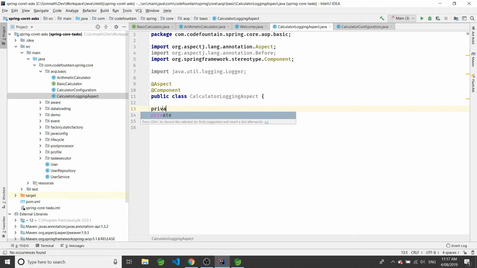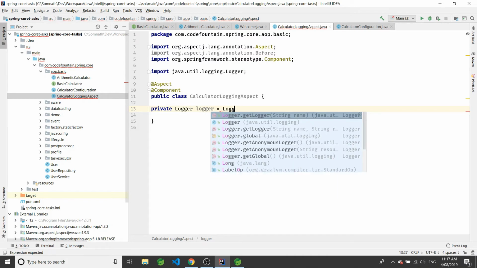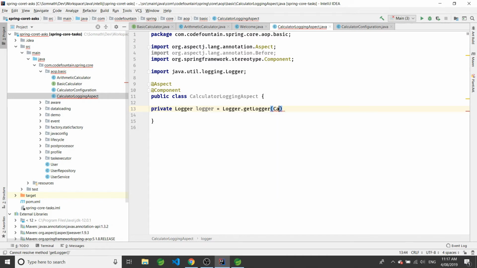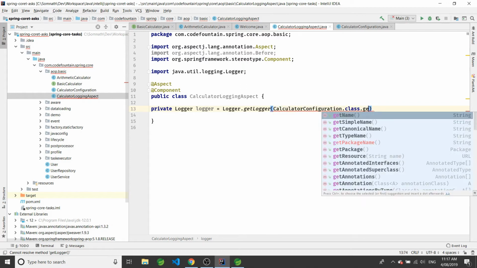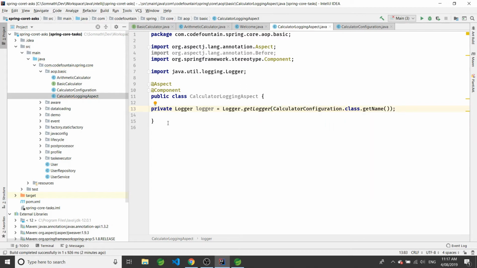So I'll be creating first a logger. So we are using the JDK java.util.logging.Logger. So we have created our logger class, right?